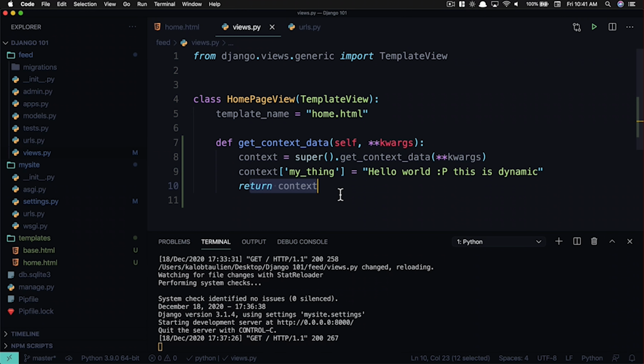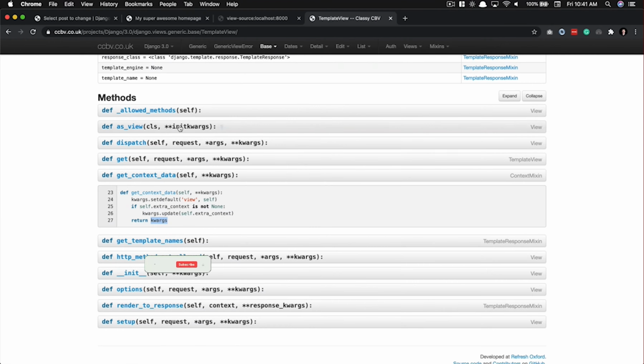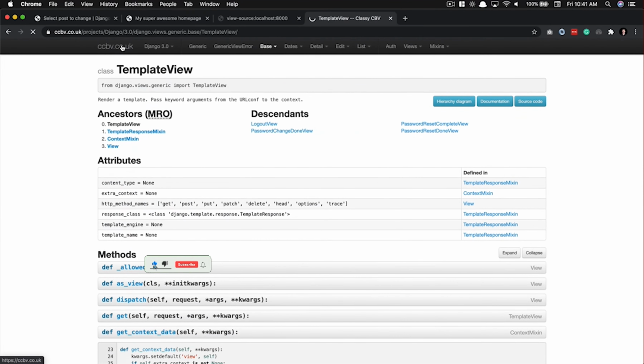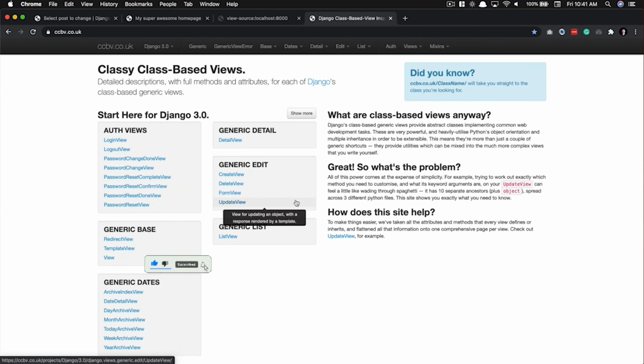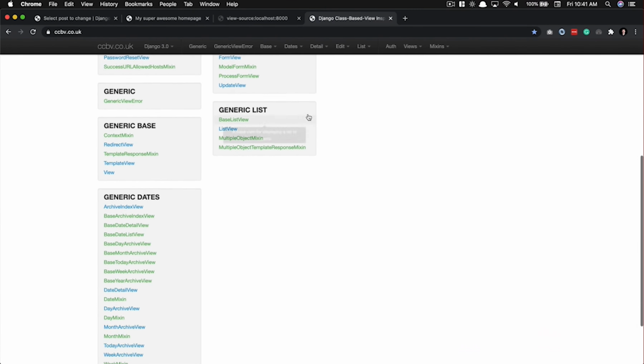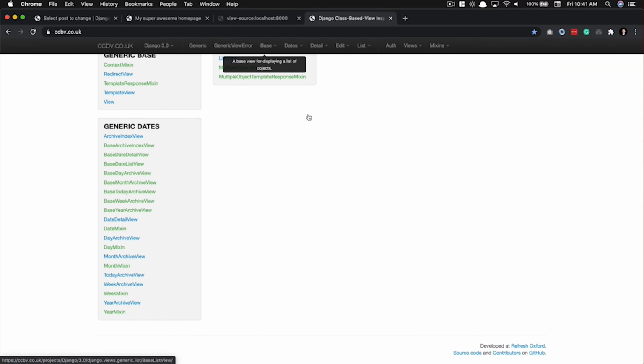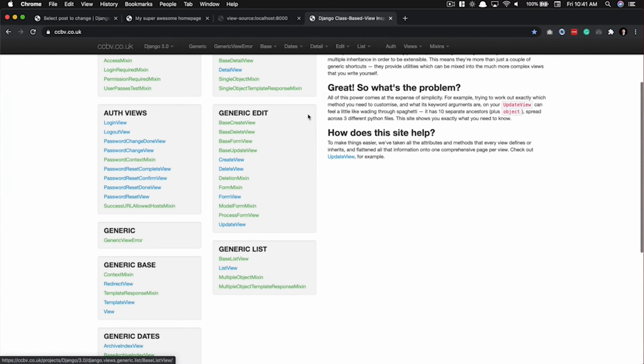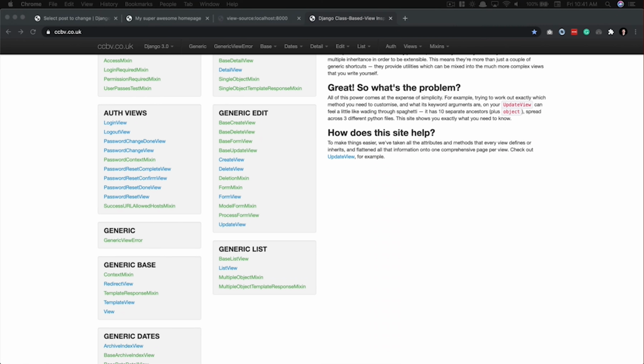So in the future, when you're learning a little more advanced Django, you can always go to ccbv and just waiting for this to load. There's all sorts of stuff in here. So feel free to take a little browse through this. But for the most part, we're just going to stick with something basic for now as to not overwhelm you. In future lessons, you might even see me reference ccbv, just because honestly, it is a great resource to have,